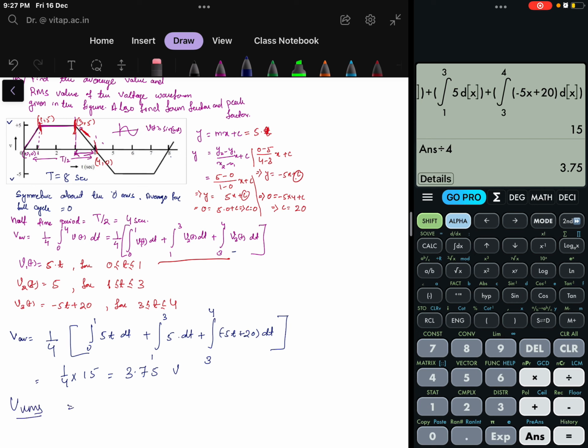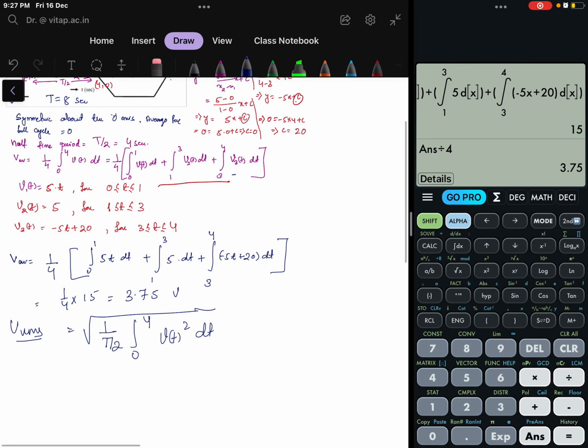So, how to find VRMS? VRMS is root mean square. So, root mean square of t by 2, integration of 0 to 4, v of t square dt. So, this is the root mean square value. Now, how to find this? So, again I will just write v square RMS here for easy calculation. So, 1 by 4 again integration of 0 to 1, 5t whole square, plus integration of 1 to 3, 5 whole square dt